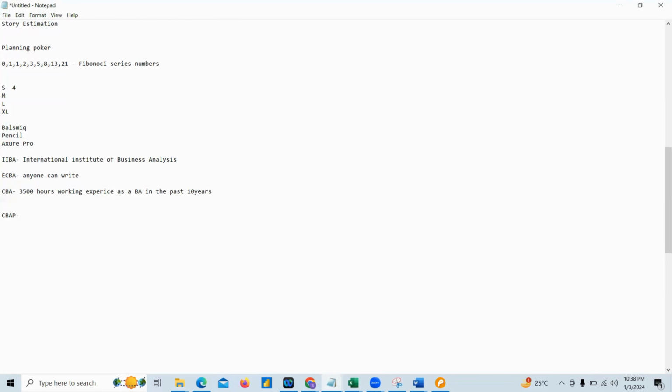That is the criteria to write CCBA. And for CBAP also we have a criteria: 7,000 hours. A person should have 7,000 hours of working experience as a BA in the past 10 years. Then only that person is eligible to write CBAP. This is not my explanation. You can find it on the IIBA website also.